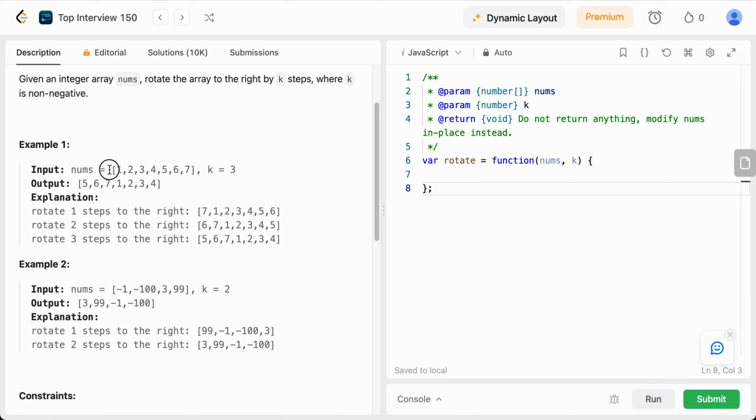First example, we have an array of 7 items and k is 3. And the output should be like this. So we have the explanation. When we move one step to the right, we take everything and move it by 1 index. 1 is moved to the second place, 2 is in the third, and so on and so forth until we have 7. 7 is placed at the beginning of the array,